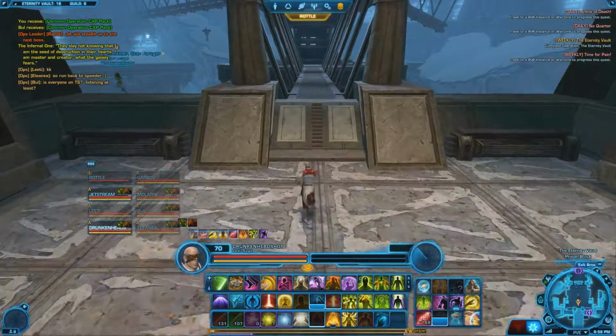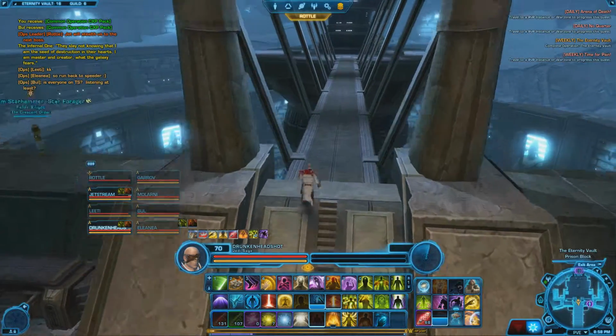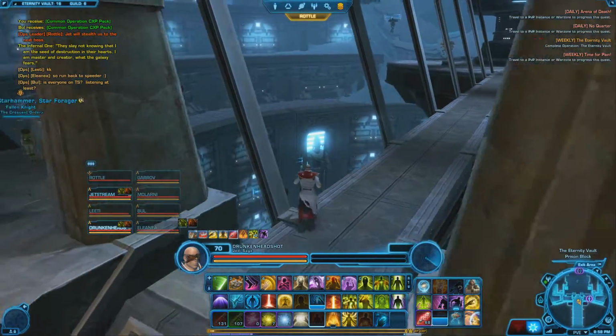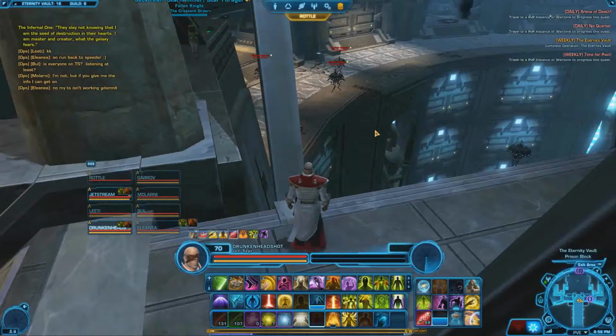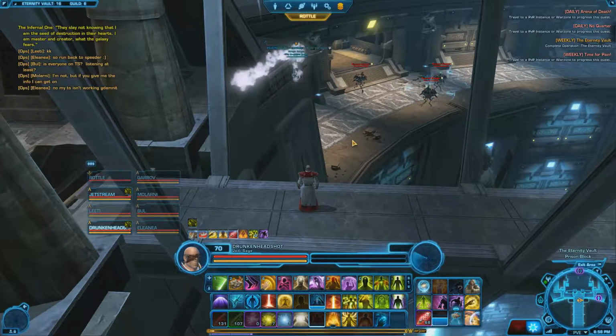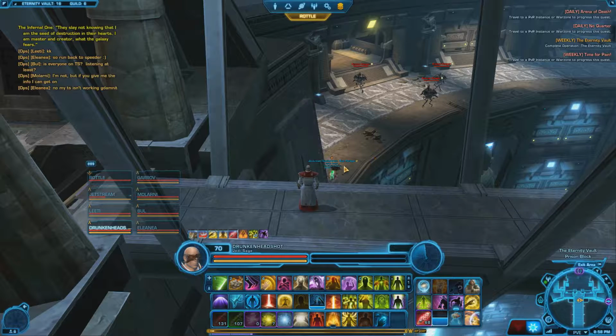Let's see. Actually, you see a lot of enemies here, champions and such. She can actually get us past these champions. All she has to do is stealth, get down there, I believe, and once she does, yeah, see? Once she gets down there, we can...